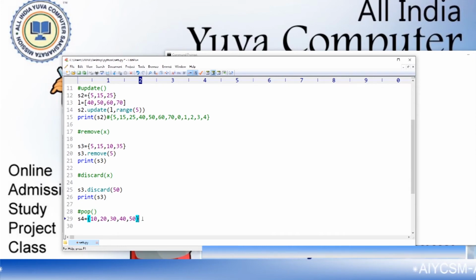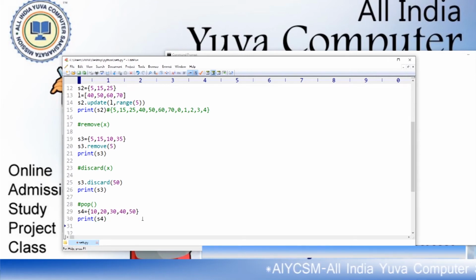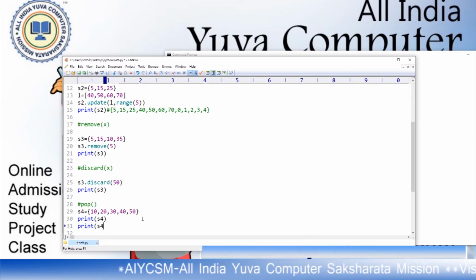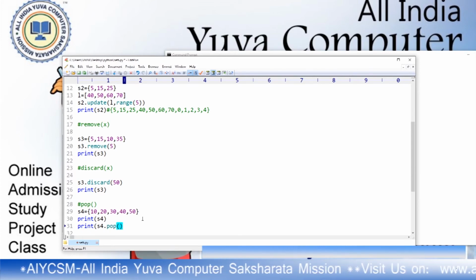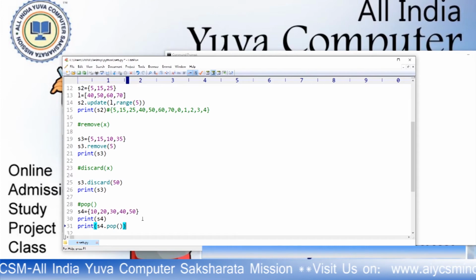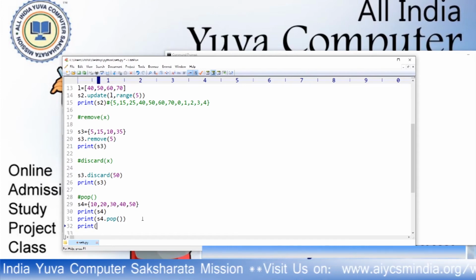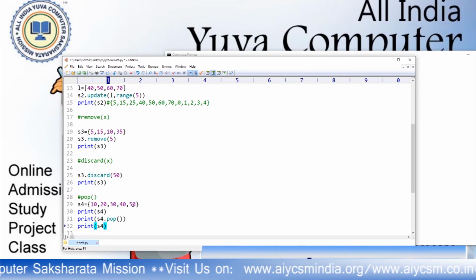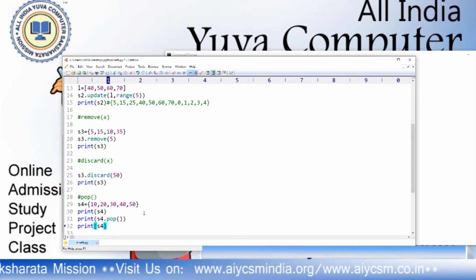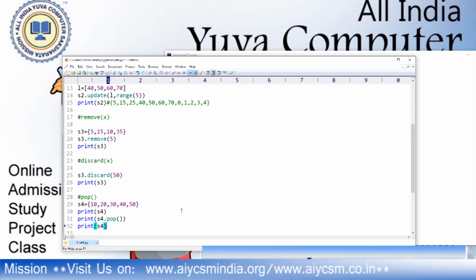Now if you print S4, you will see all the values in it. Now if you want to pop, print S4 dot pop, it will delete some random element. Now print S4, you will see that one element from this set was deleted.